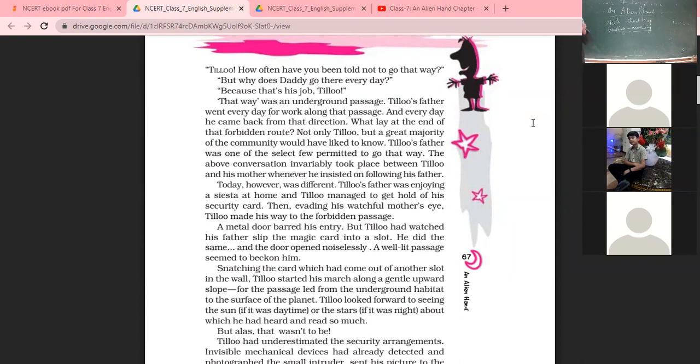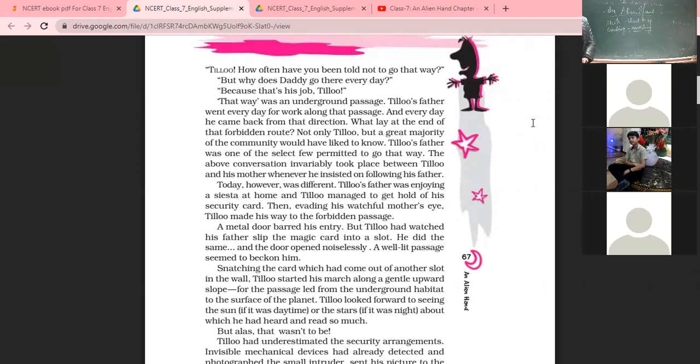You know that like in ATM machines, we are putting a card, or when we are taking a room in a hotel, there are special chips. You put your card in front of it, and the card key opens it. He did the same. He knew that father puts the card in front of the gate or the metal door, and the door opens. It reads that secret message. Similarly, he did. The door opened noiselessly. Without any noise, the door opens in front of him.